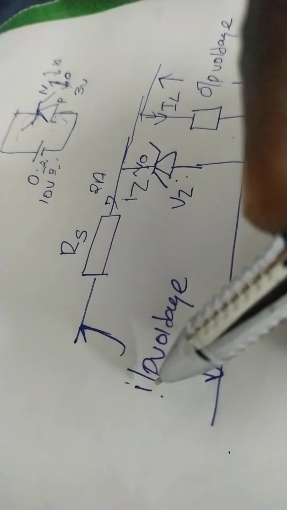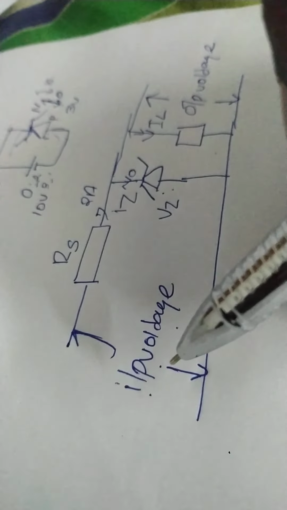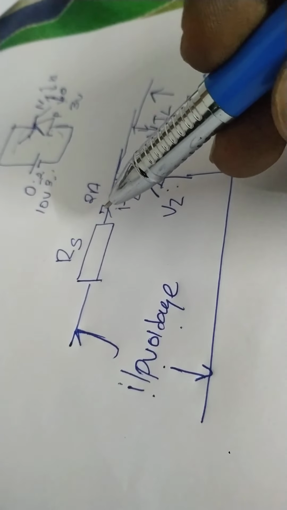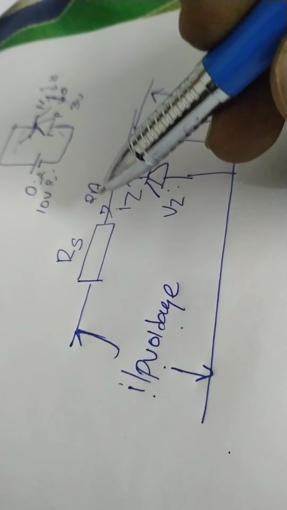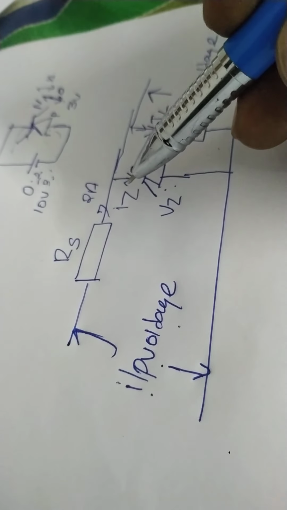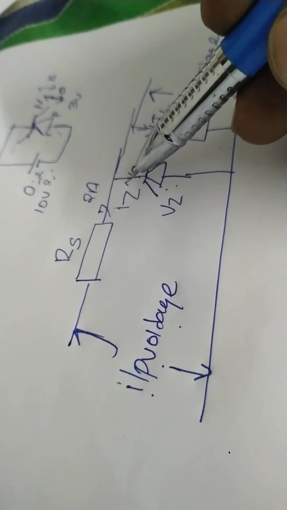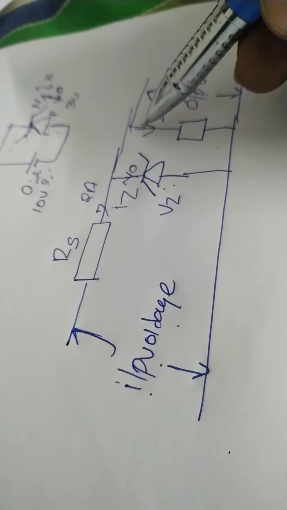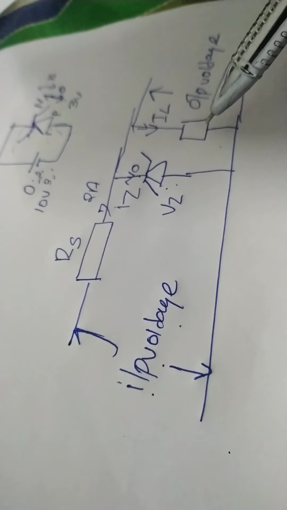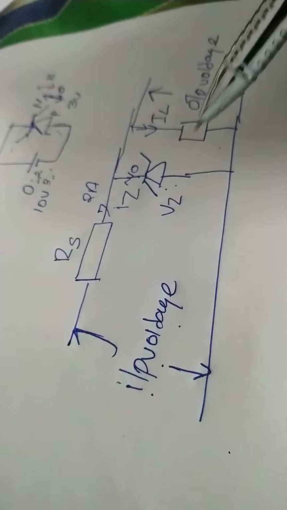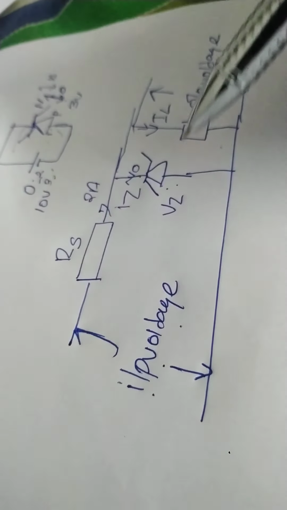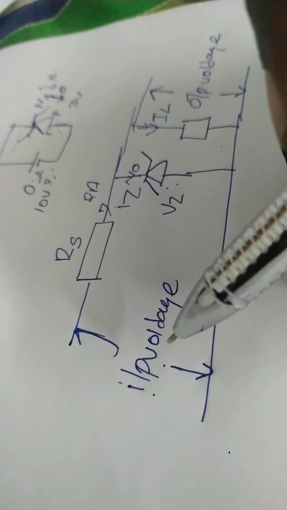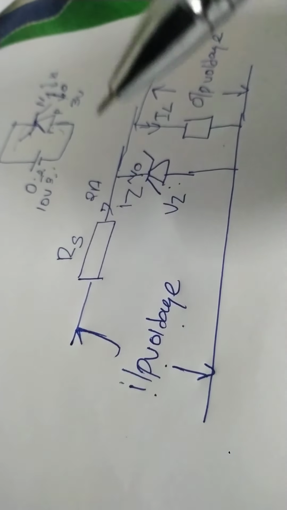So when 3 volts is applied, that is the limit. When 3 volts is applied, again a 3 ampere current flows here. For example, 3 ampere, maybe it varies. 3 ampere current flows through here, then it is 0 ampere. That is, the current flowing through here is 0. The remaining current, that is 3 ampere current, flows through this load resistance, and the voltage is 3 volt like that. That is, the same input voltage is obtained as the output voltage. When the input voltage suddenly fluctuates to 4 volt, 5 volt, 6 volt, like that.